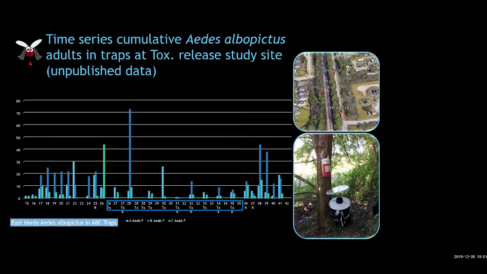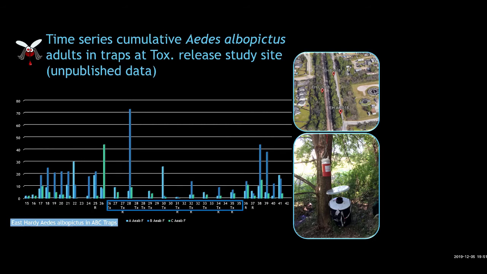Those 3 traps were monitored weekly, and the chart actually shows the impact that, once again, adult releases had on the adult numbers that were found in the traps. So you can see a marked reduction in Aedes albopictus across those 3 traps. You also notice at the end of releases,